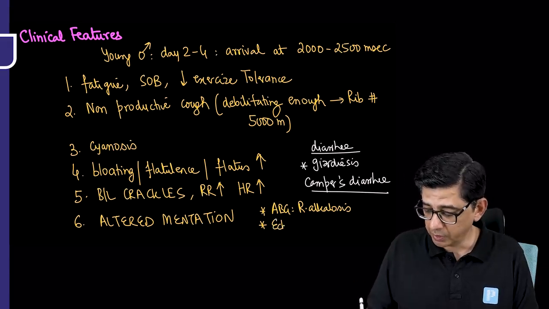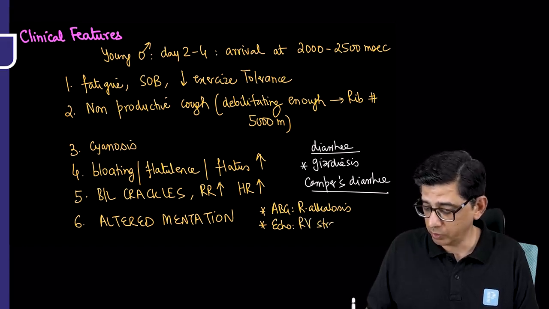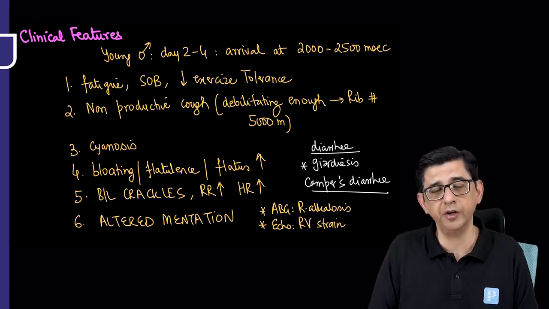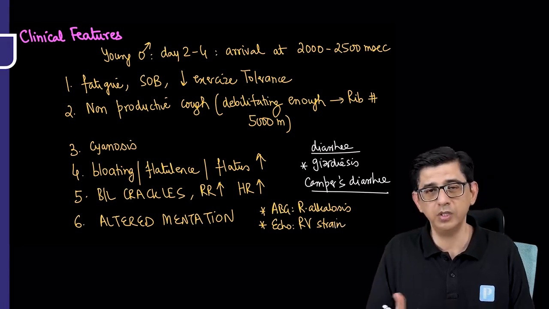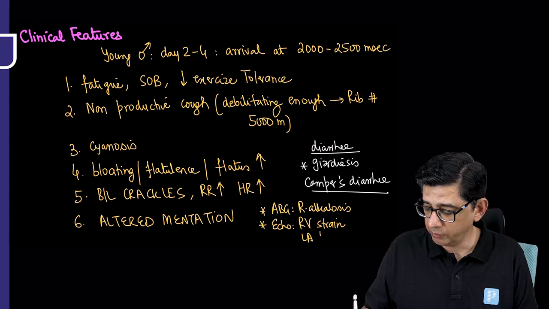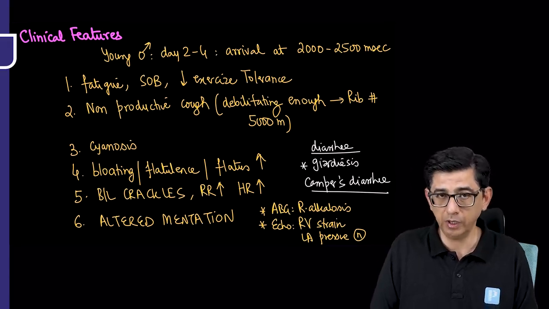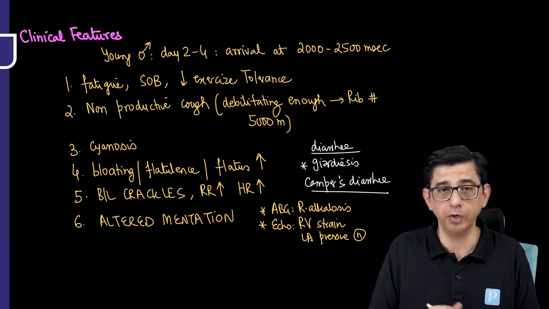If I do echocardiography, there would be pulmonary artery hypertension. Pulmonary artery hypertension will cause evidence of right ventricular strain. Sometimes right ventricular strain can be picked up even on the basis of ECG. And when I evaluate the left atria of this person, the left atrial pressure will always be normal. As I explained to you, when left atrial pressure is elevated, that means the person is having cardiogenic pulmonary edema,